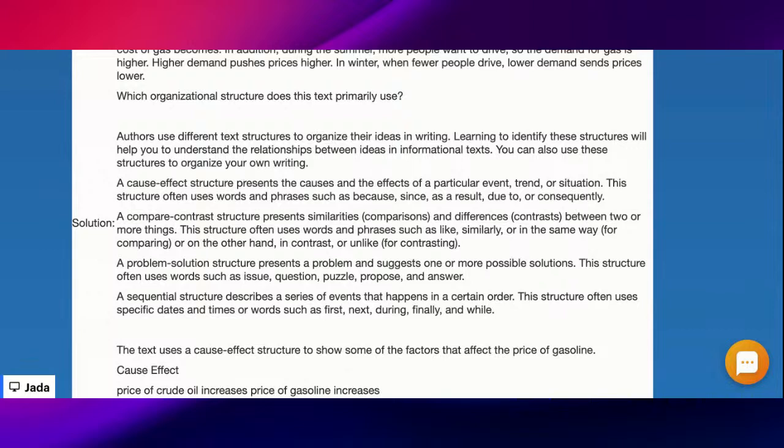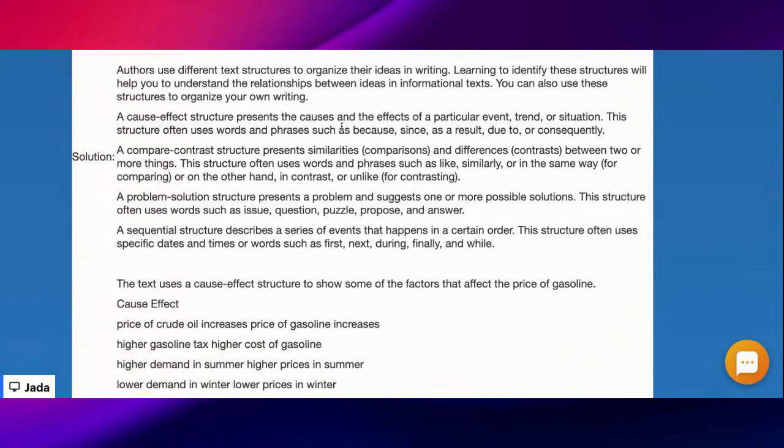So let's say that you have a writing topic from maybe an author's written text or something. You have to be able to figure out the structures. If you get the structures, then you can organize your own writing in a good way. So first we have the